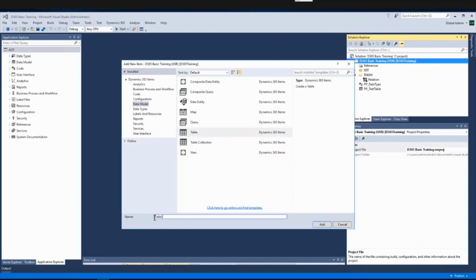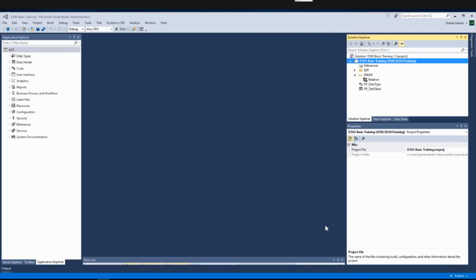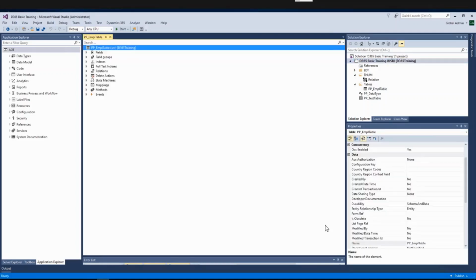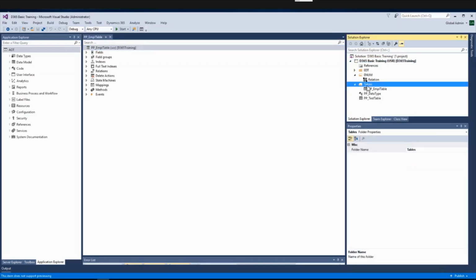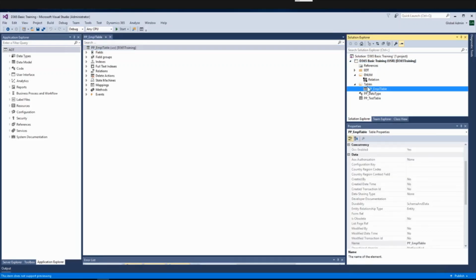Let me name this. See, now you can see the system has created this Tables folder automatically, and this object is residing underneath this element type. So now we have to create fields for this table.